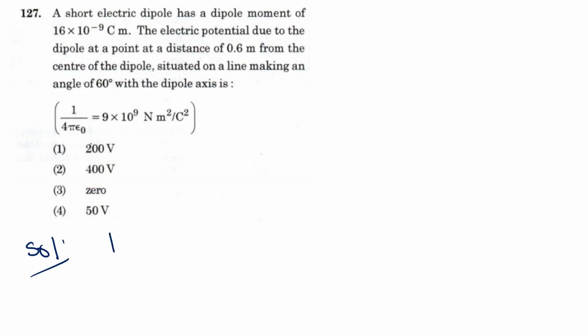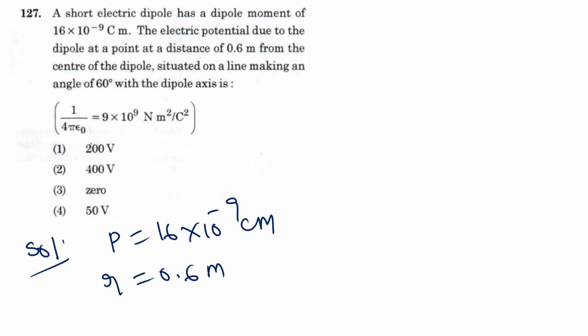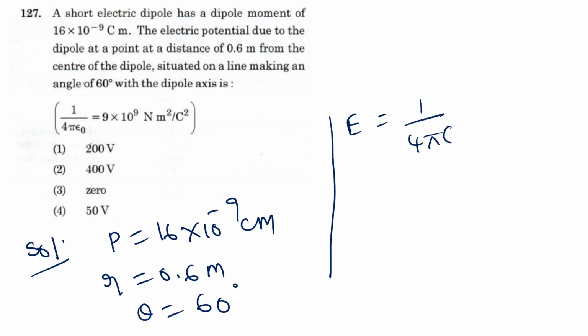P is equal to 16 into 10 to the power of minus 9 centimeters, R is equal to 0.6 meters, and theta is equal to the given 60 degrees. So here we are writing the formula for electric potential: 1 by 4 pi epsilon naught into P cos theta by R square. After substituting values, we are getting E is equal to 9 into 10 to the power of